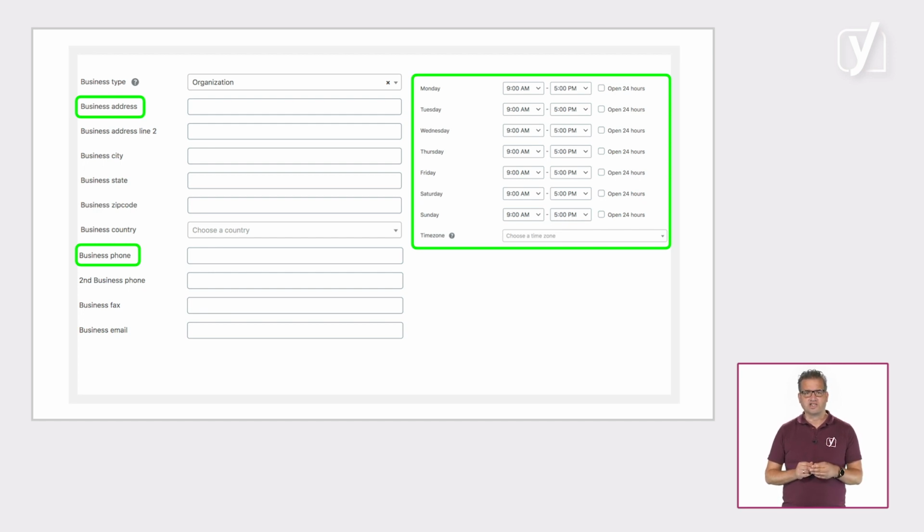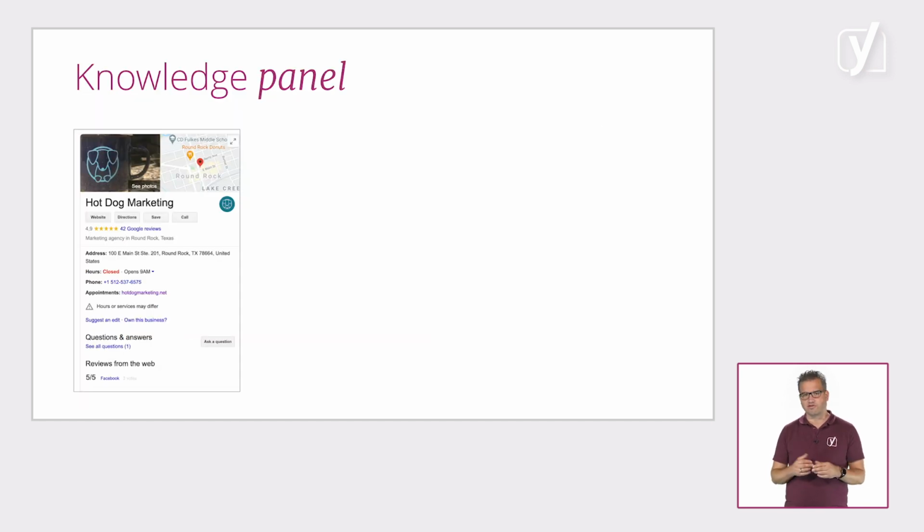If a website contains the correct schema markup when a user searches for a business, they may see this kind of result. This is called a knowledge panel. As a business owner, it's quite useful to get your business featured in a knowledge panel, as it will make you stand out from the other results. But it also allows your users to find out more about your business and quickly contact you or visit your website.